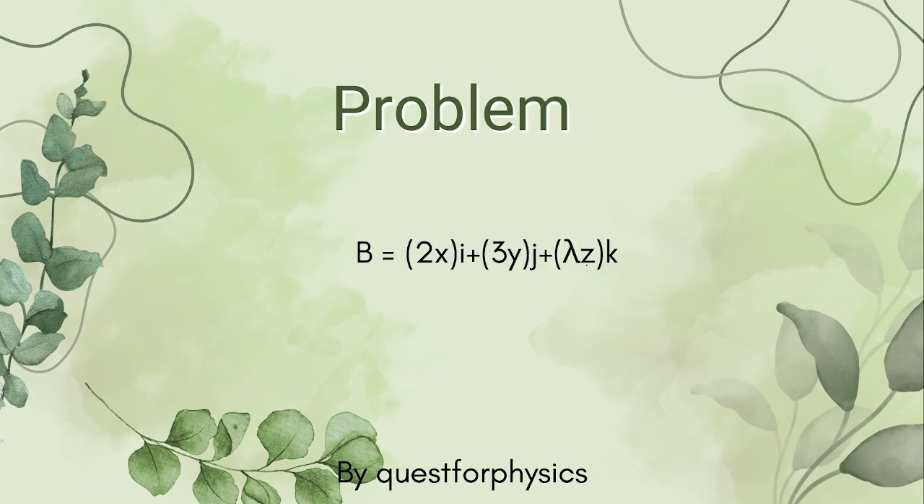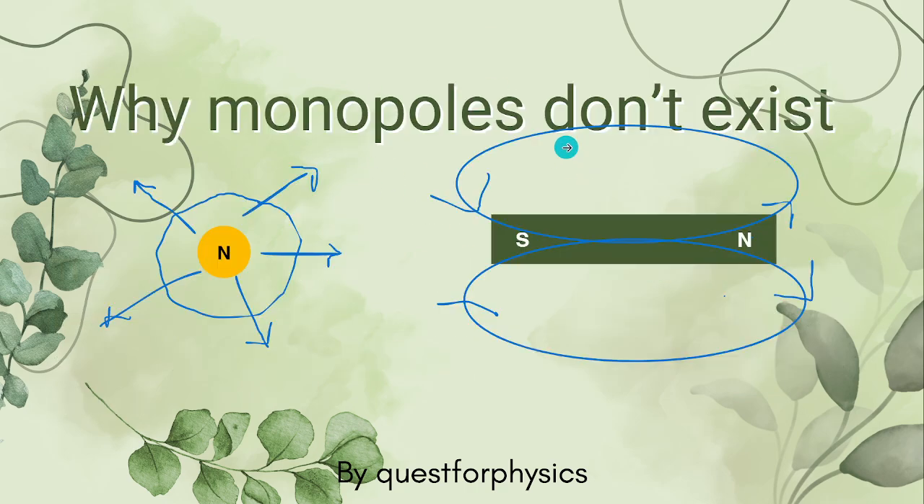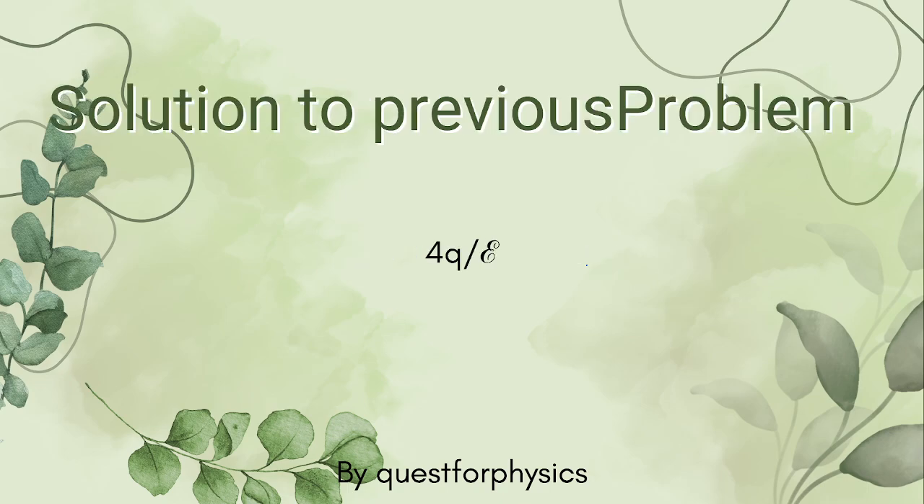And now here is the problem. This problem gives us a magnetic field, and by using the statement of Gauss law, you have to find the value of lambda. And I hope you will solve this by yourself if you got the concept. Now, let's move to the answer